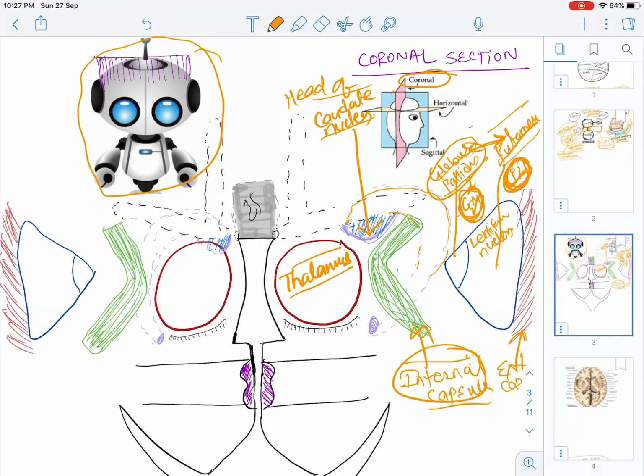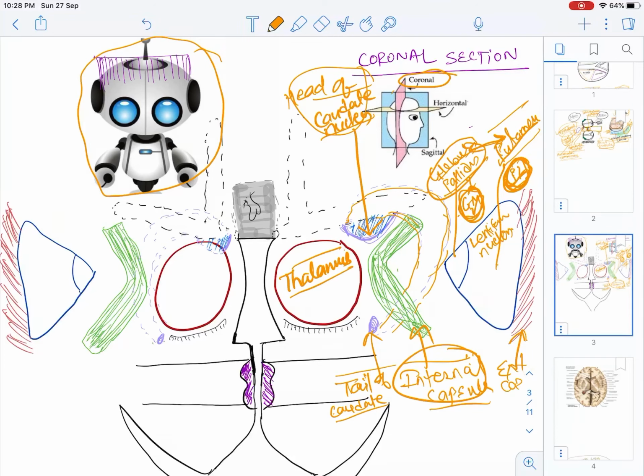So always you will see the label as head of caudate nucleus. And what is this? As you can see, this structure is continuous like this. This is the tail of the caudate nucleus, and again this tail is visible in the section of the brain. This is a coronal section, as I already told you. So above and laterally there is the head of the caudate nucleus.